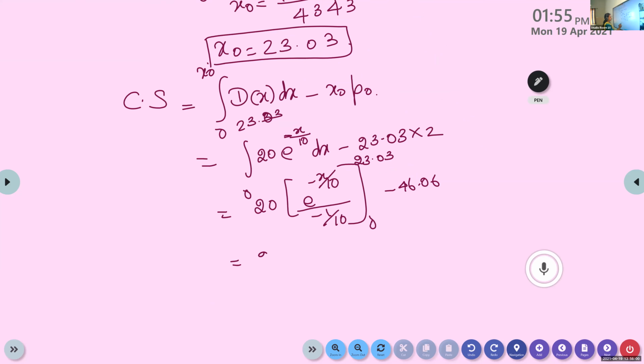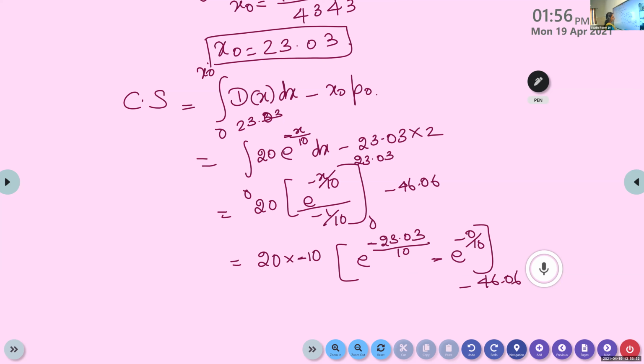So that is 20 into minus 1 by 10, which means it will become minus 10, which is minus 10 into upper limit when you substitute e raised to minus 23.03 by 10, minus e raised to minus 0 by 10, minus, which is minus 200 into